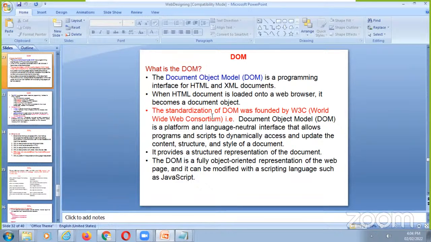So, okay, so the standardization of the DOM was founded by the W3C, that is the World Wide Web Consortium, that is the document object model, short form मध्ये त्याला DOM म्हटलं जातं. So it is the platform and the language neutral interface, कारण ते दोन्हीला वापरलं जातं. Language is not the matter for the DOM. So this interface that allows the programs and script to dynamically access and update the content, structure and the style